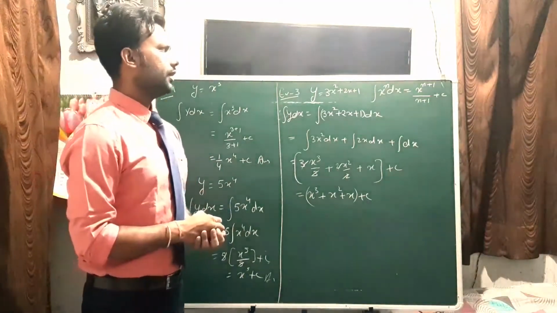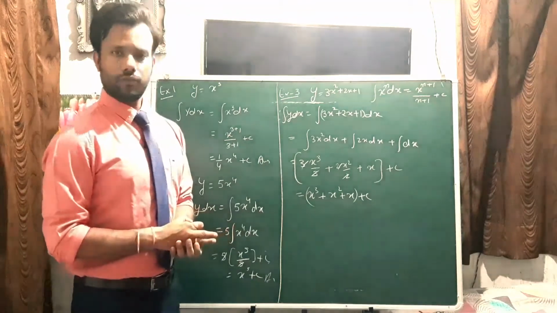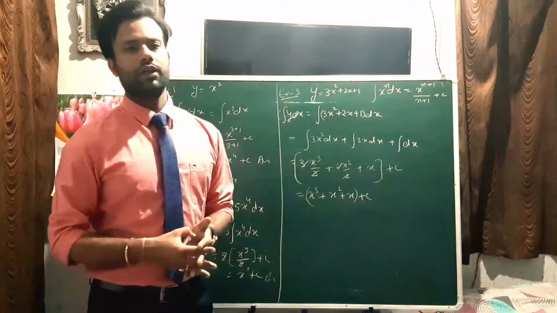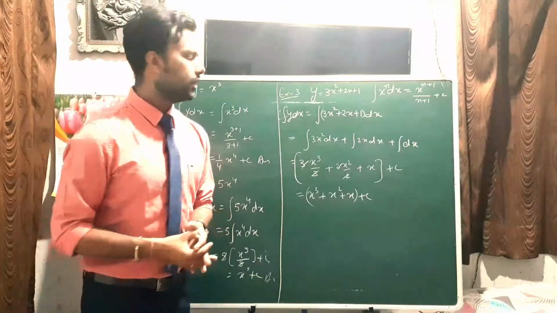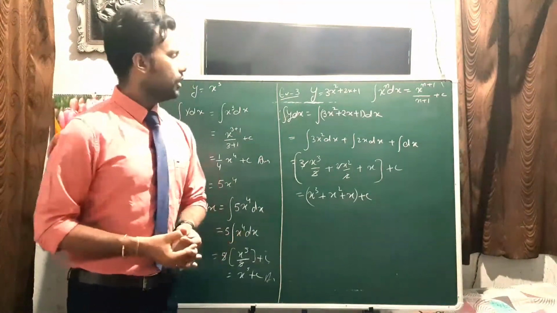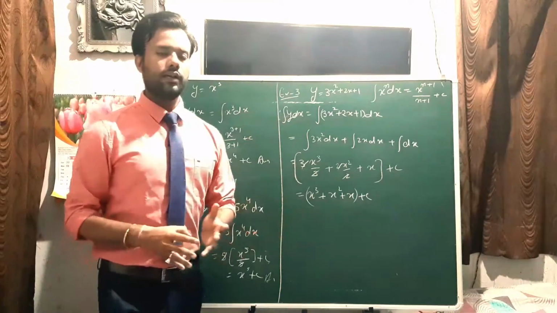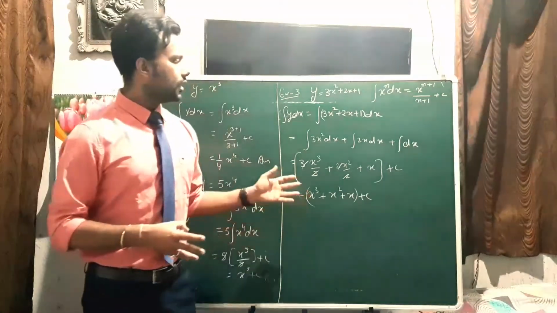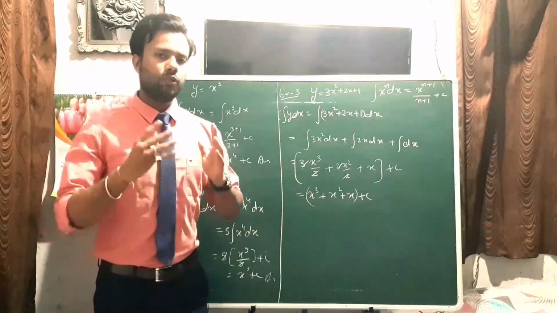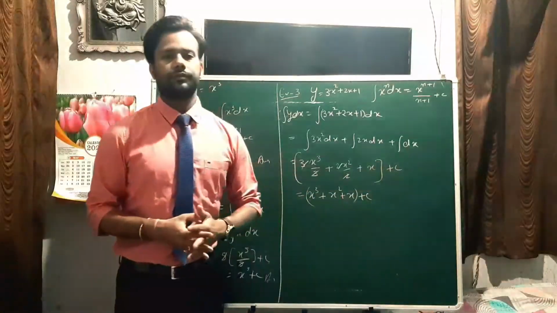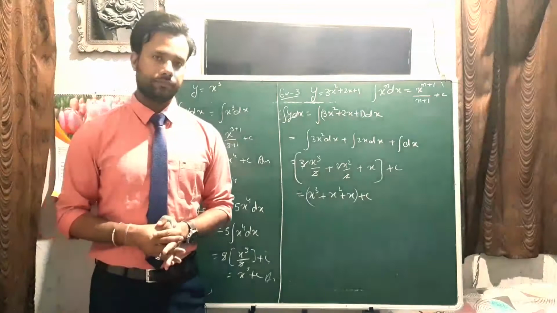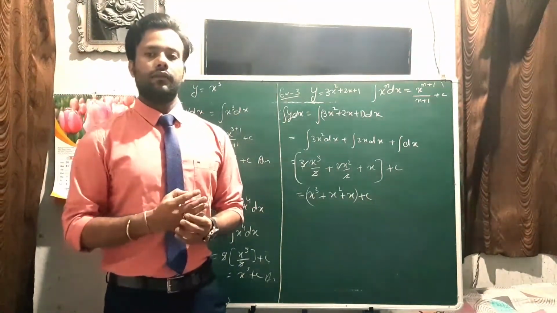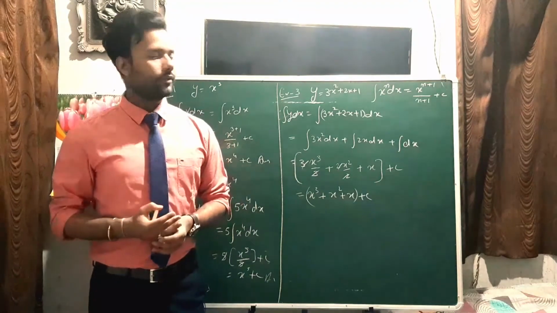Similarly, if you have a trigonometrical function, you know the formulas, like integration of sin x is minus cos x and integration of cos x is sin x, and so on. You can solve them also. Okay, I told you that integration is of two types, indefinite and definite. These are the indefinite integration where we put a constant in addition at the end of the answer, because we don't know what was the constant when we differentiate the function, right?